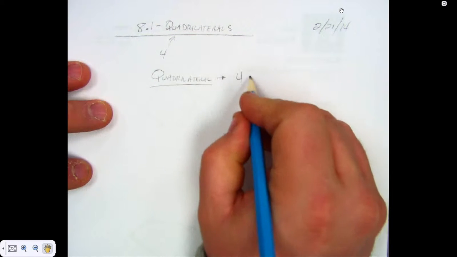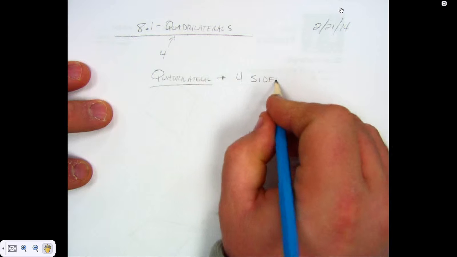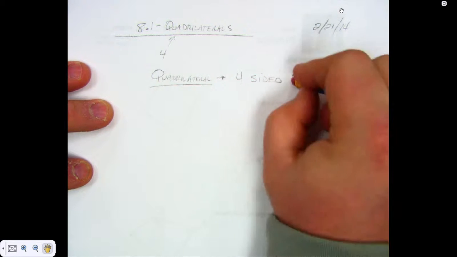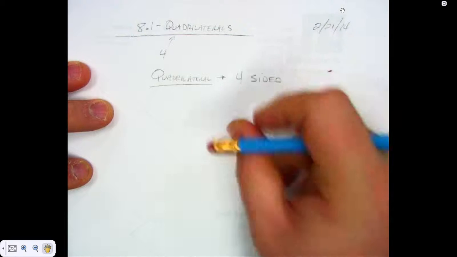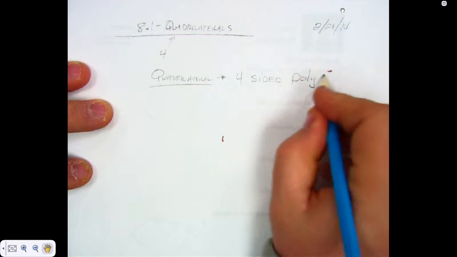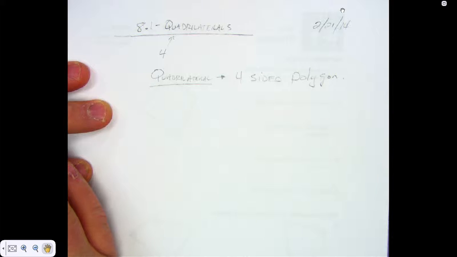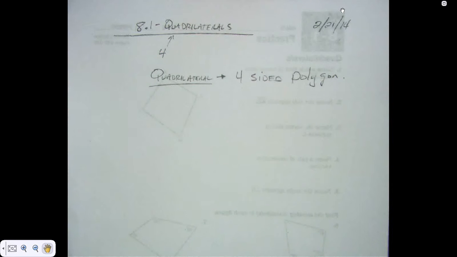A quadrilateral is a four-sided polygon. What was a triangle? How many sides? Okay. How many sides is a pentagon? Five. Okay. Quadrilaterals have four sides, and what we're going to do is talk about all